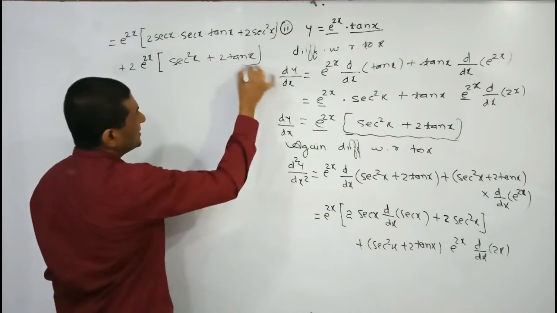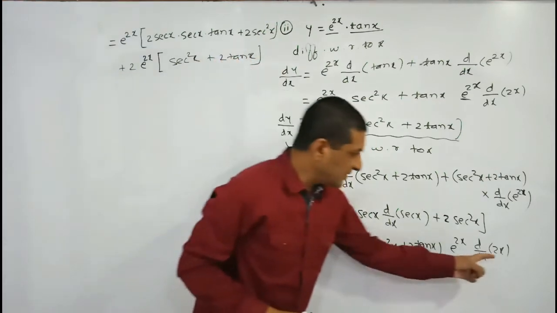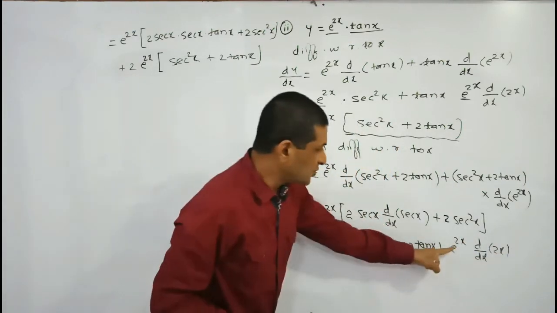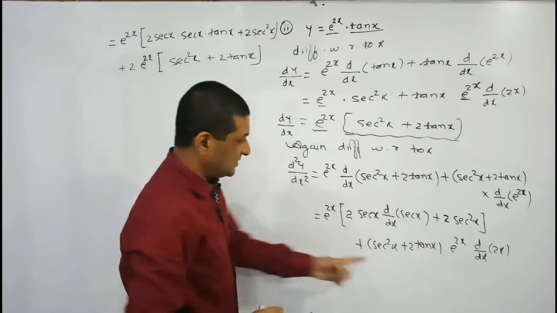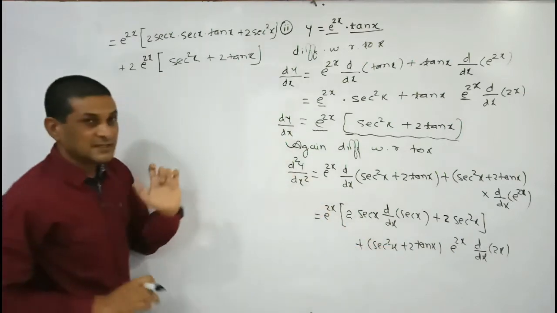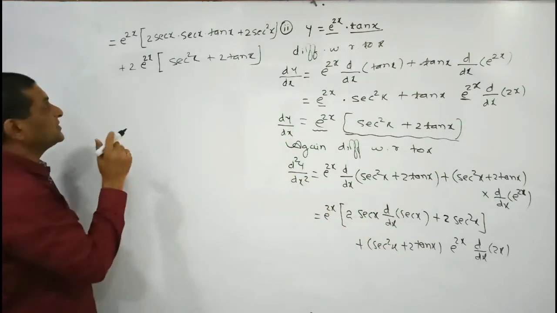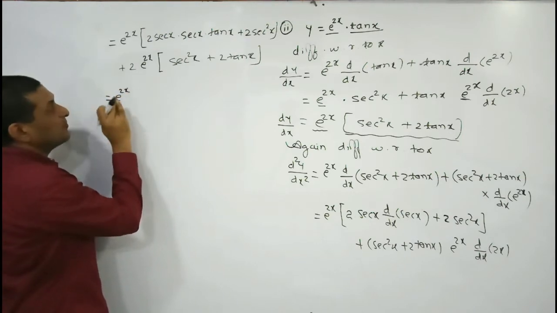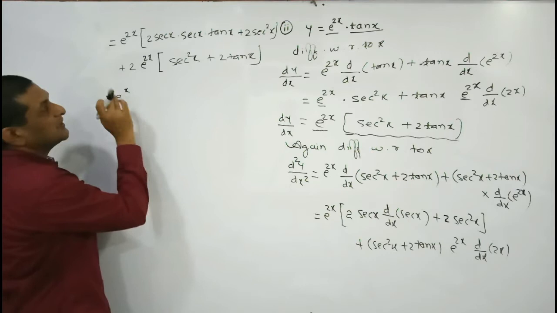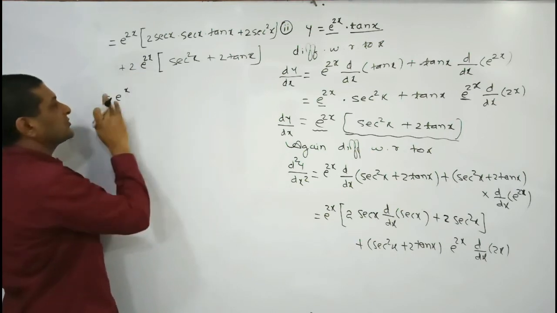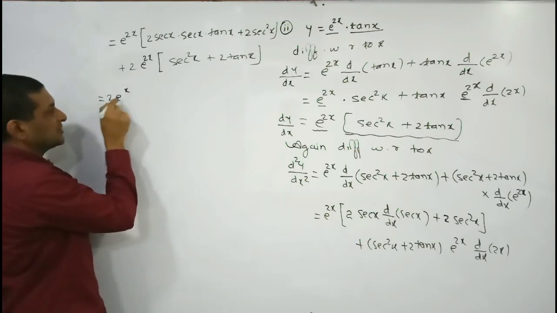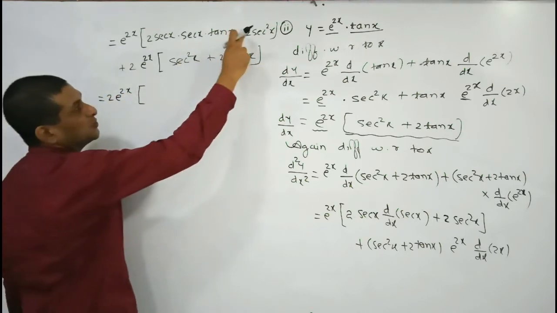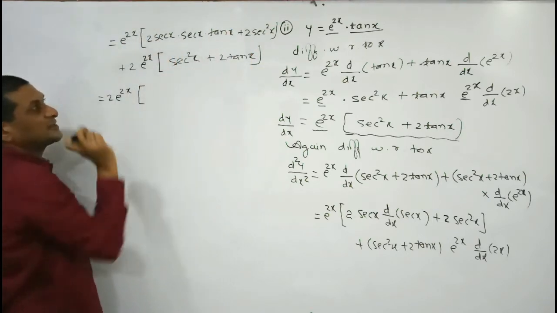Again, if you observe here very carefully, first write down the derivative of 2x. The derivative of 2x is 2, so 2 e raised to power 2x, keep it as it is, and this term also keep it as it is. Now if you observe both the terms very carefully, can I take e raised to power 2x common from both the terms? Yes, we are able to take 2 e raised to power 2x common from both the terms, because here 2 is there, here also 2 is there, and here also 2 is there.